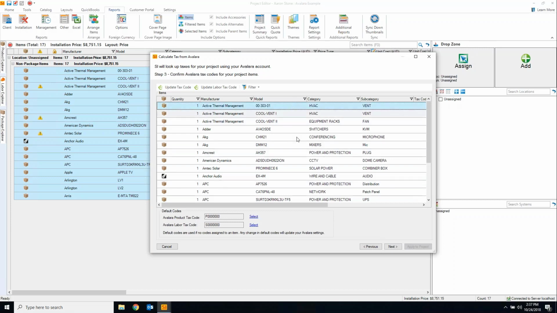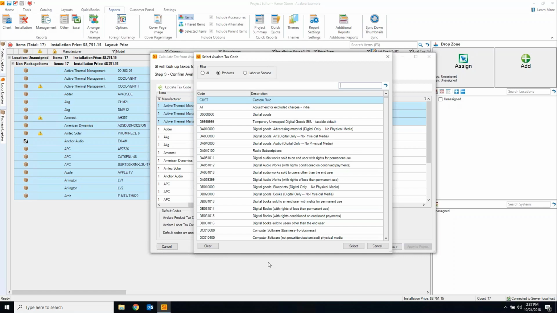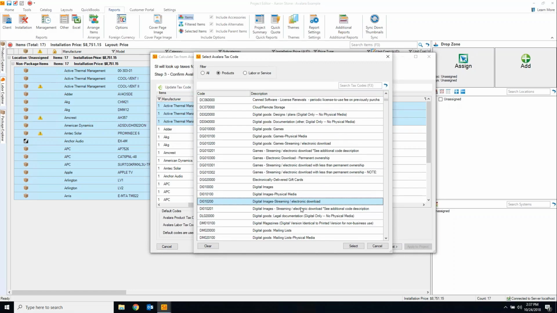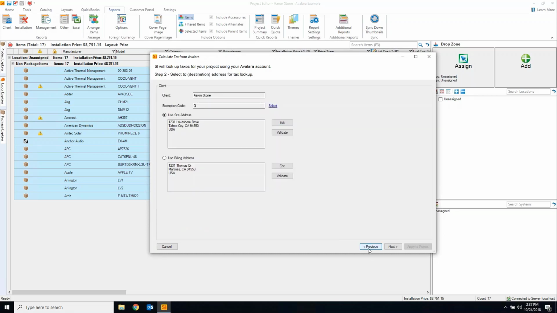But you do have the option to say, oh wait a minute, these things are not this 000, they're something else. So we can then say update the tax code and pick something out of here. I can randomly pick something. I'll do that one. Why not? So I've assigned that tax code to those, and the rest here I'll leave blank, and they will inherit the defaults, because if you don't assign them, we're going to go ahead and use these defaults. Now, just to show you, if I back up a step here,